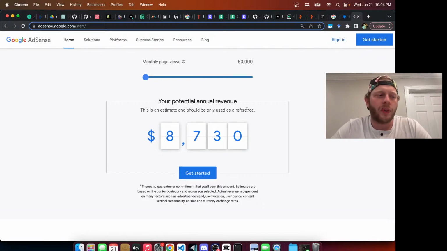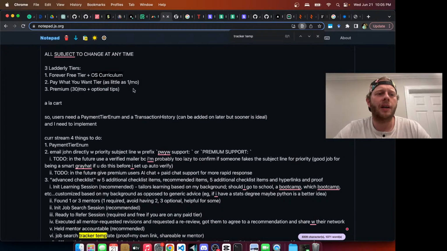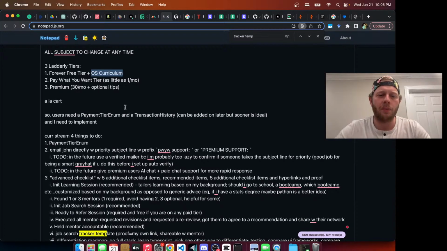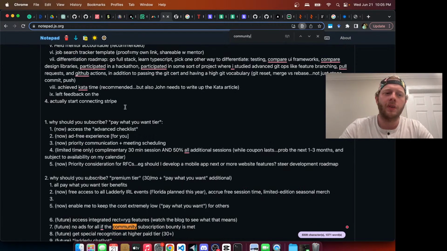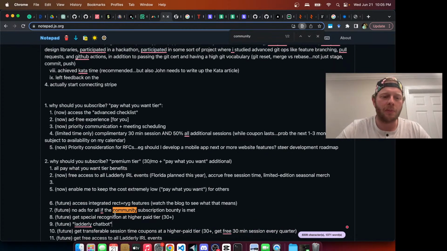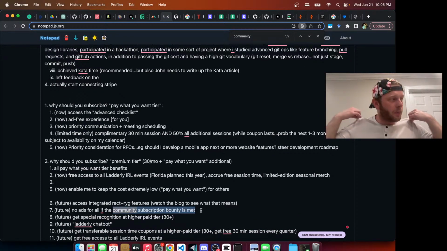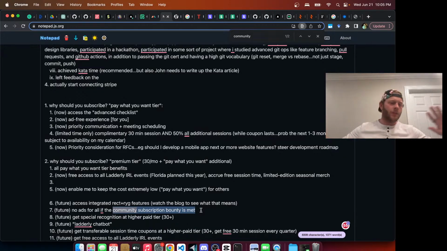So yeah, for the free tier, I can do ads and it seems like I can probably make enough money to cover Calendly and maybe even the chatbot. We'll see, to cover some stuff through ads. But I think it would be better if we do this community subscription bounty. And so the idea of the community subscription bounty is that if anyone contributes any money and that sort of adds up,